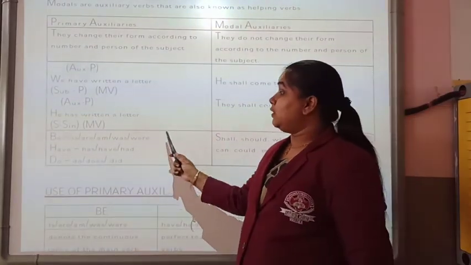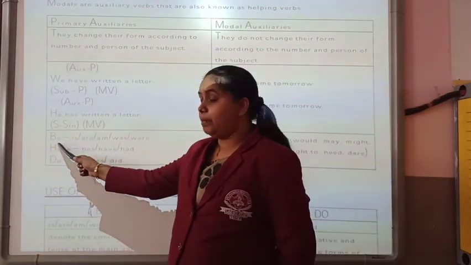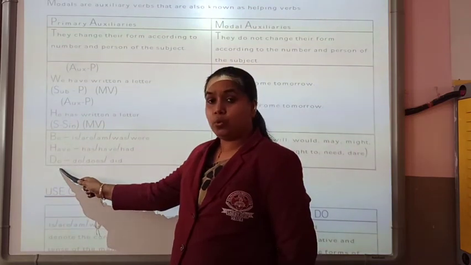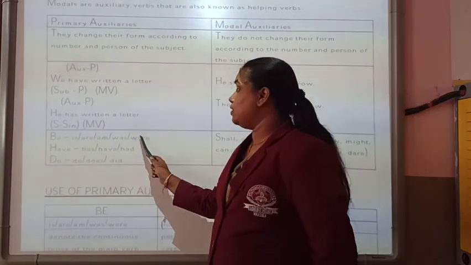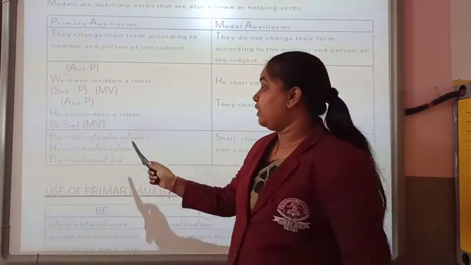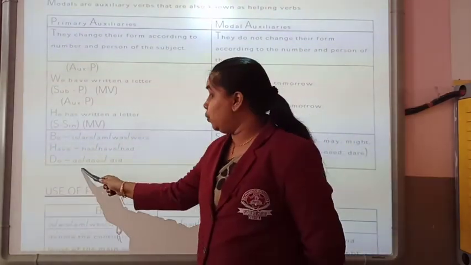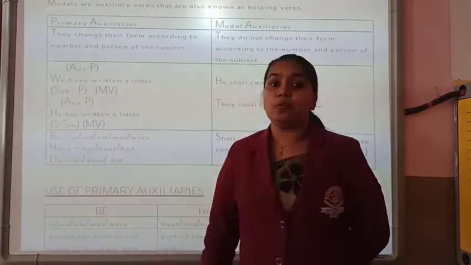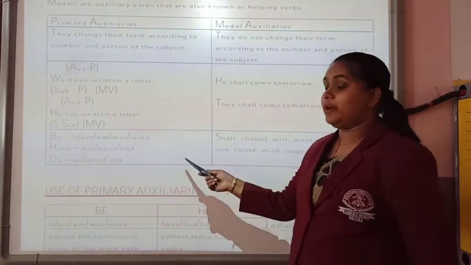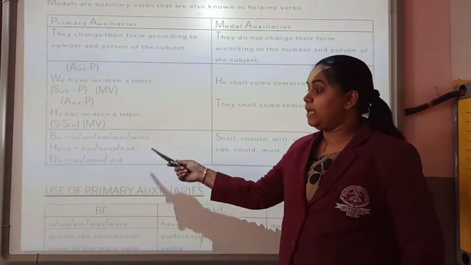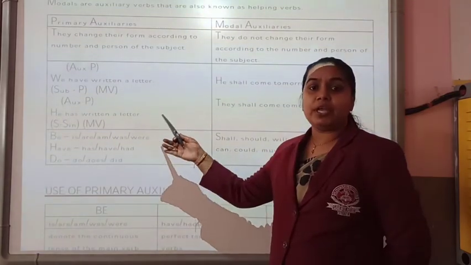Now, what are the three important primary auxiliary verbs? They are be, have and do. Now, let us see the forms of be: is, are, am, was, were. So there are five forms of be that we have to keep in mind. And then have: have, has, had, three forms. Do, does, did: these are the three forms of do. If you remember, we did this in our tenses lesson also. So these be, have and do, along with their forms, form the primary auxiliary verbs.